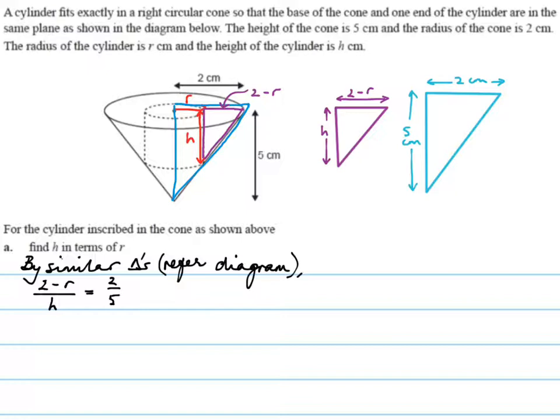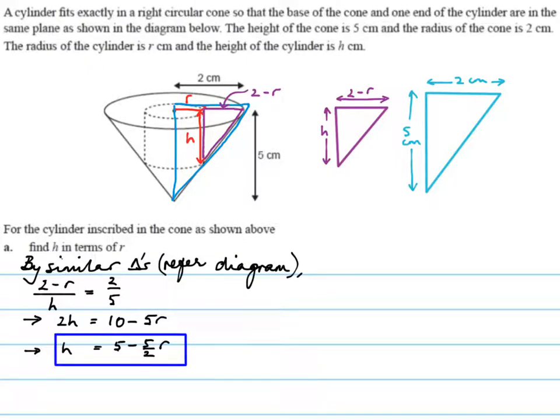We can just get h in terms of r easily. I'm going to cross multiply. 2h equals 5 times (2 minus r), or 10 minus 5r as shown. So I've just got to solve it now for h, which is so easy. I've just got to divide by 2. So therefore, h is 5 minus 5/2 r,